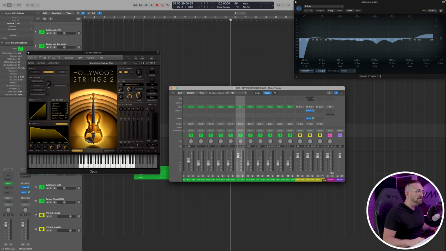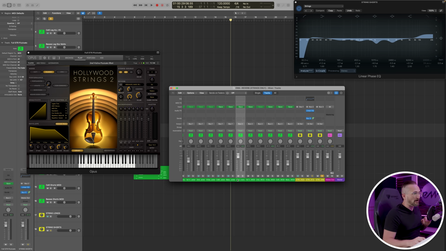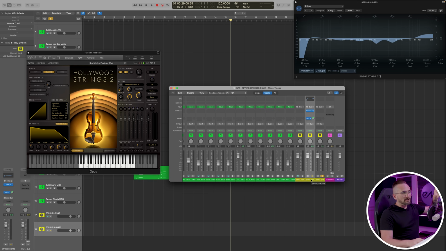So what I'm going to do now is solo the string short reverb track, which again, doesn't have any reverb on it quite yet. And just understand that the signal from the patch I'm about to demo is coming from the track. It's being routed through the String Shorts bus, which is then duplicating that signal 100% and sending it to the String Reverb auxiliary track. So the signal is hitting that EQ before it's being duplicated and sent to that auxiliary track.